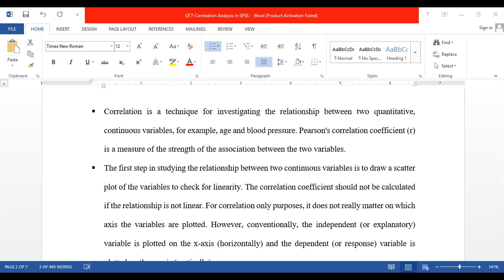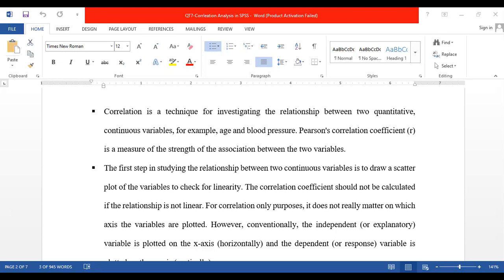To analyze the strength of correlation between two or more variables, we have two axes: the first one is the x-axis and the other one is the y-axis. Traditionally, independent variable values are put on the x-axis and dependent variable values on the y-axis, and then we plot the scatter plot.